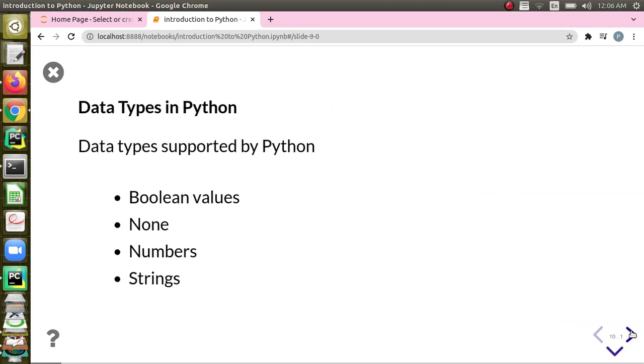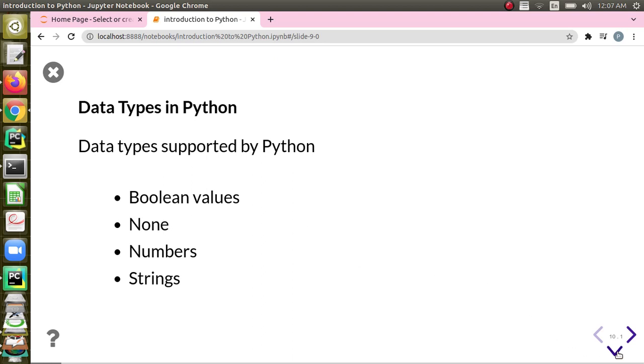So when we see the data types in Python, the data types supported by Python are Boolean values, which are a native data type of Python. A Boolean variable can take a value of true or false, and None is also a data type in Python. Its usage is emptiness. When you have a variable which does not hold anything, then we can use None. And numbers: there are different types of numbers like integers, floating point numbers, complex numbers, fractional numbers, and so on.